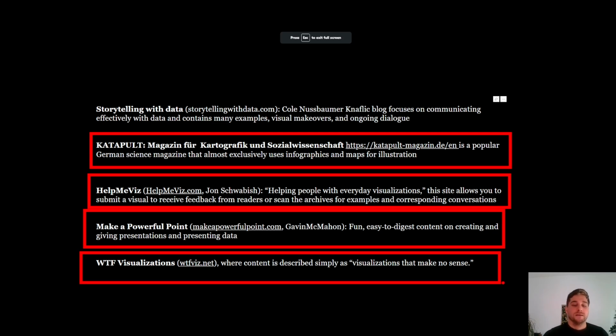And the last but not least is WTF Visualizations. It's basically a database that stores visualizations from real-life scenarios, from newspapers, TV, and so on, but done in a very bad way. So you can learn a lot about how you should not present your data, and find a lot of results and samples. So not just learning from the best, but learning how not to do it from some not very successful examples.